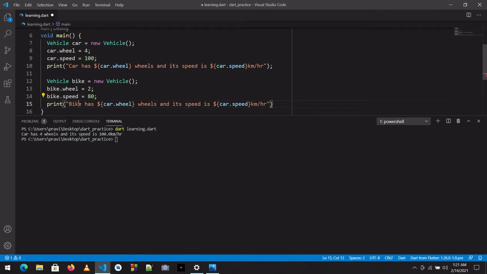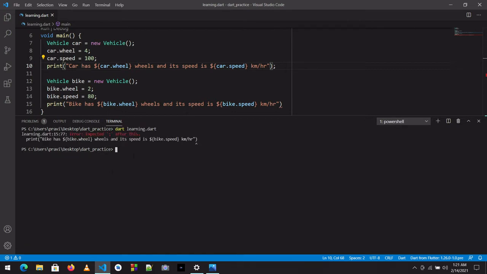So bike has bike dot wheel, and it has bike dot speed. Yes, so let's run the program and see what happens. Okay, I again forgot the semicolon here. Okay, so yeah, the bike has 2 wheels and its speed is 80 kilometer per hour.